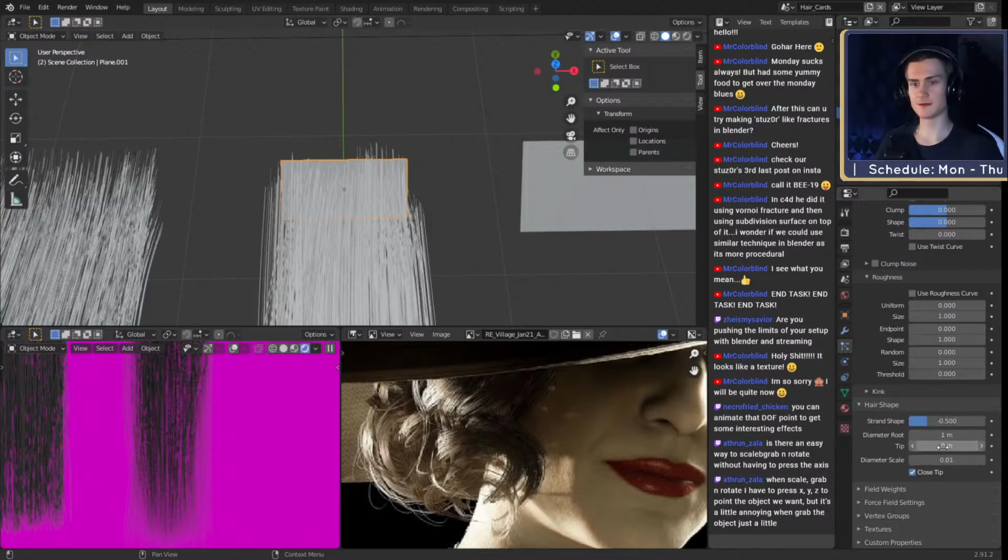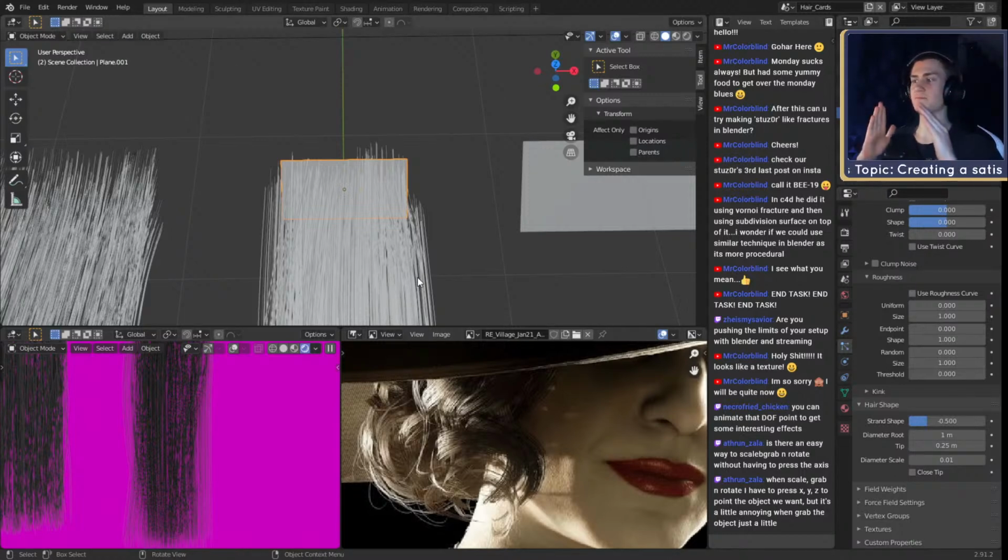Also tip, check that at 0.25. Oh, it's quite small. We can remove close tip.